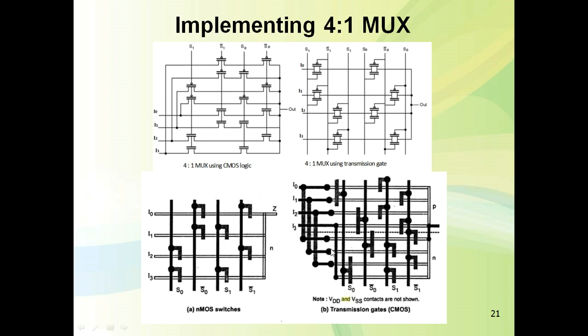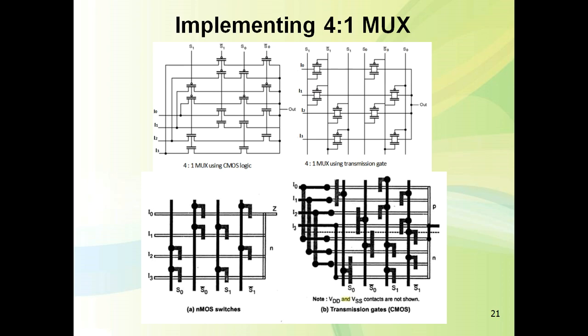Okay, likewise we have discussed this. These are the p type transistors and these are the n type transistors; that is the implementation of the 4:1 mux. The p type transistors are above the demarcation line, and below the demarcation line are the n type transistors, and there will be every combination of p type and n type transistors. They are arranged like this, and this is the implementation for the 4:1 mux.